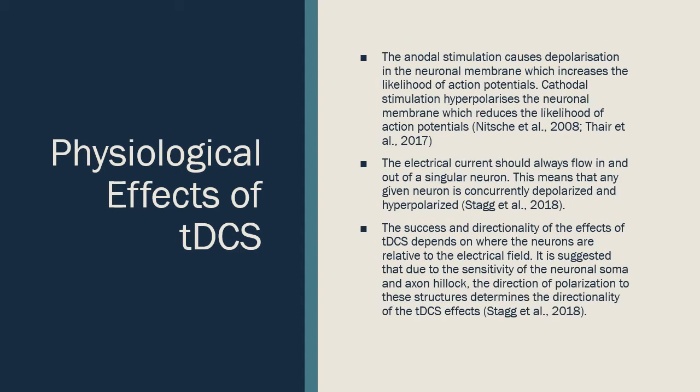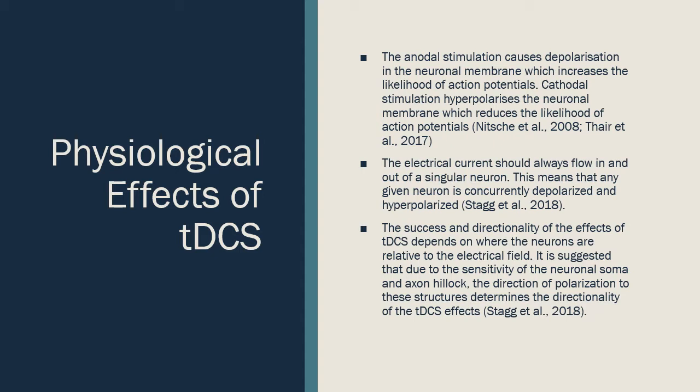The anodal stimulation causes depolarization at the neuronal membrane, which increases the likelihood of action potentials. Cathodal stimulation hyperpolarizes the neuronal membrane, which reduces the likelihood of action potentials. The current is always flowing in and out of a singular neuron, which means any given neuron is concurrently depolarized and hyperpolarized. The success and directionality of the effects of tDCS depends on where the neurons are relative to the